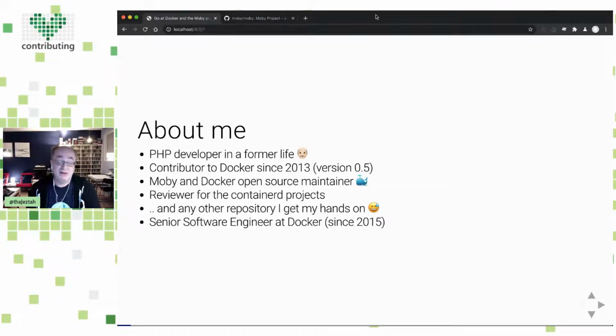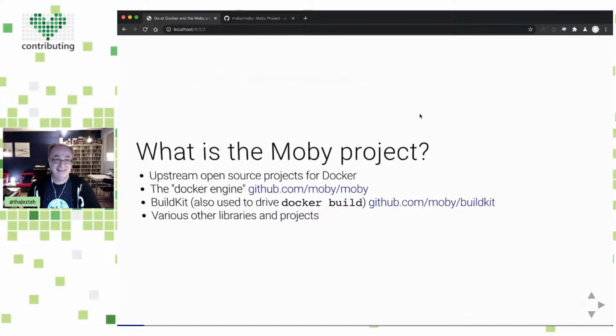I'm a reviewer on Containerd, which is the runtime we use. And well, just about any repository I can get my hands on, I'm everywhere. Since 2015, I'm a software engineer at Docker. So they asked me to do the things I was doing full time, and that was fun.